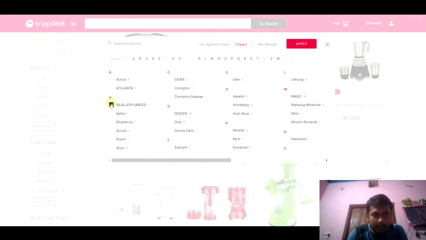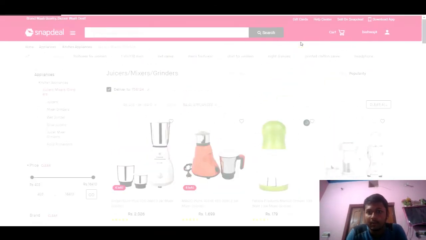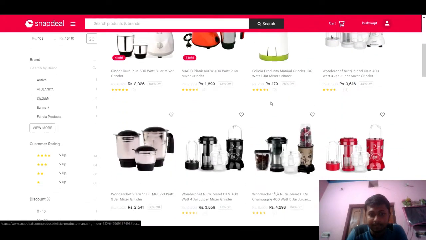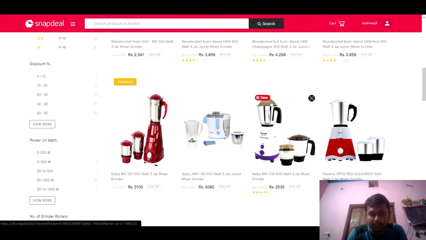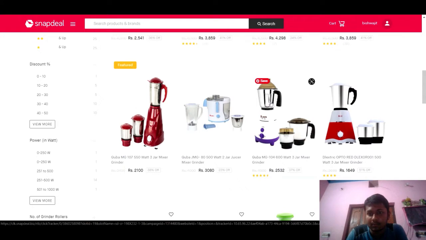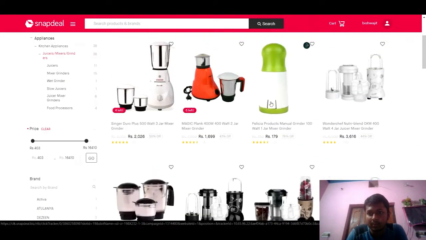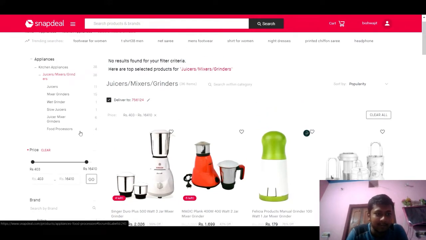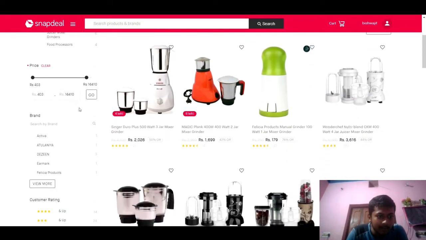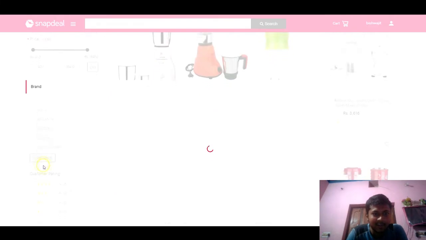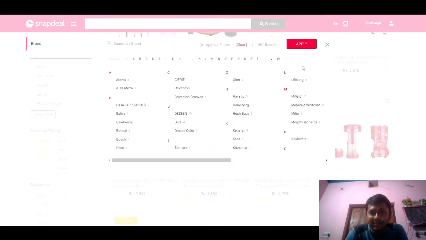Bajaj would be a good option. There's no Bajaj grinder as well, so I have to go with other brands. Let's see, Kent, Havells.